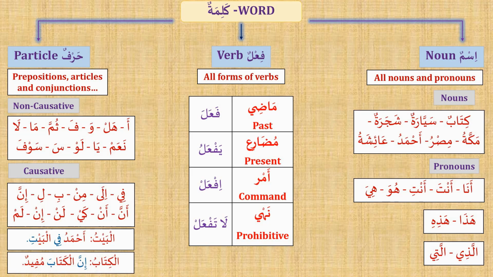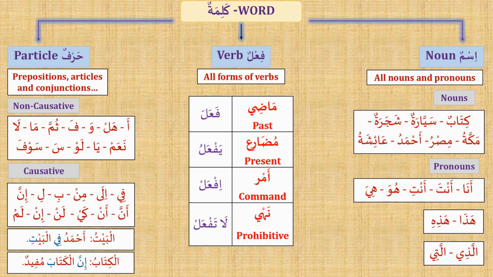The second example: الكتاب, the book. إن الكتاب مفيد. Inna means indeed, verily. الكتاب مفيد. It caused fatha in the following word. Indeed, the book is useful. إن الكتاب مفيد. Details of these lessons, types of words, will be explained in future lessons one by one, inshallah,